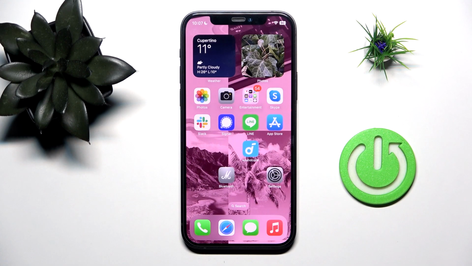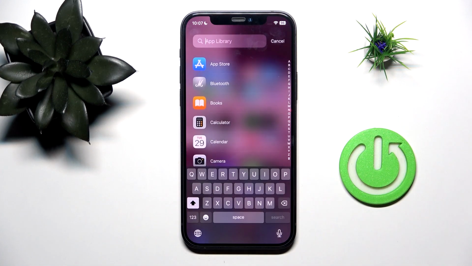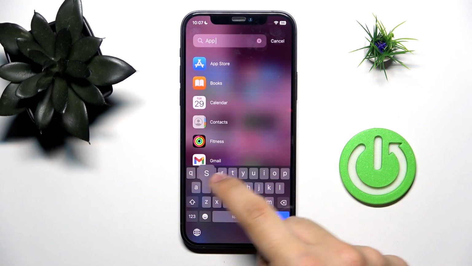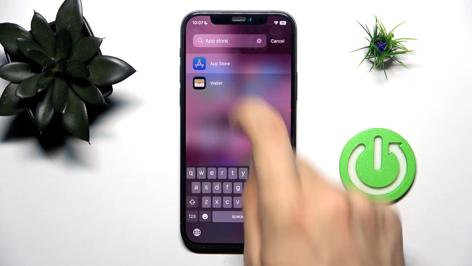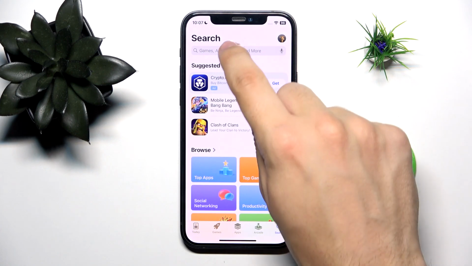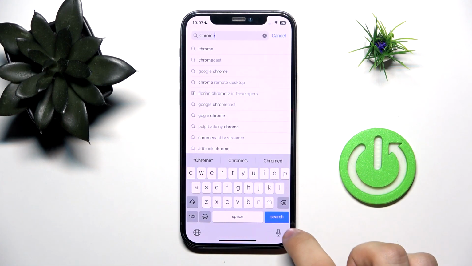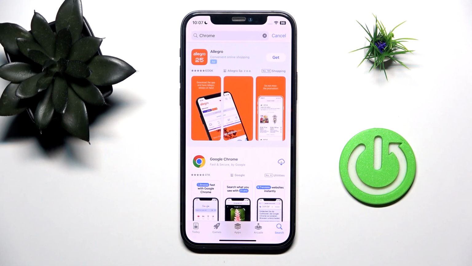First, what you need to do is go to the App Store, which should be on your main screen, but if you can't find it here, all you need to do is go all the way to the right, then click on App Library, then write App Store, then click on the search icon, then to the search bar and write Chrome and search, and there it is,